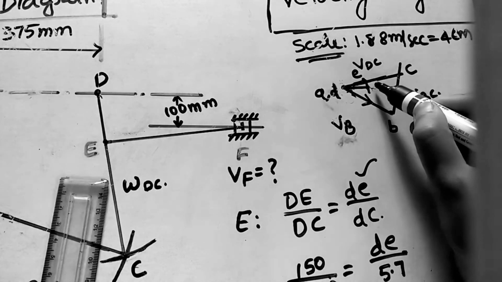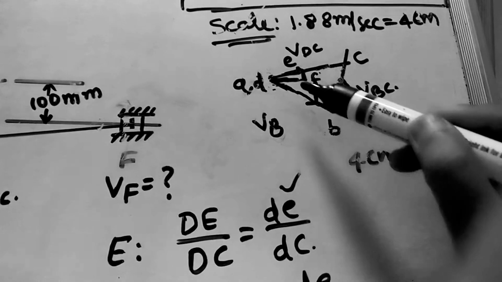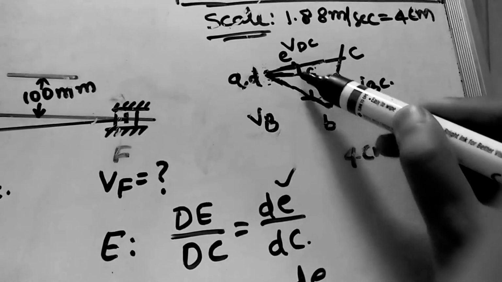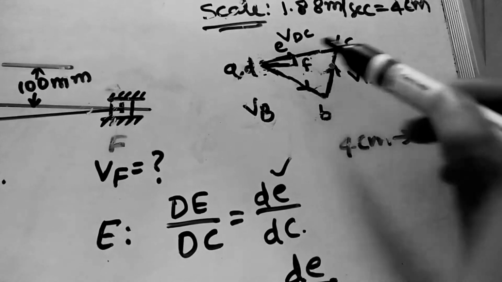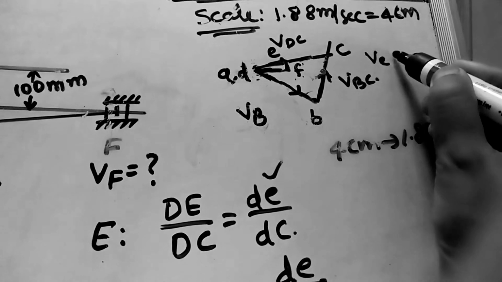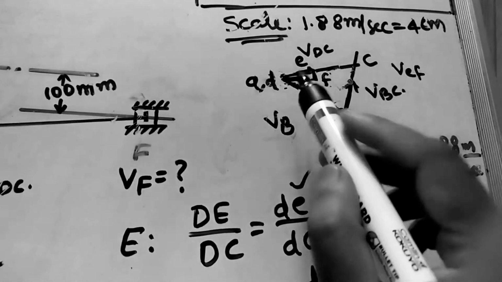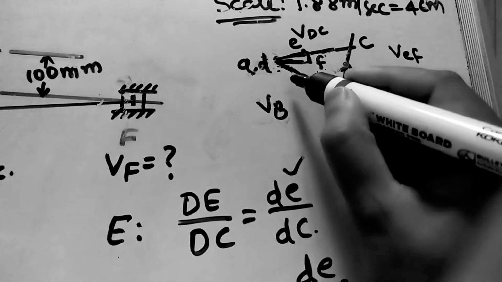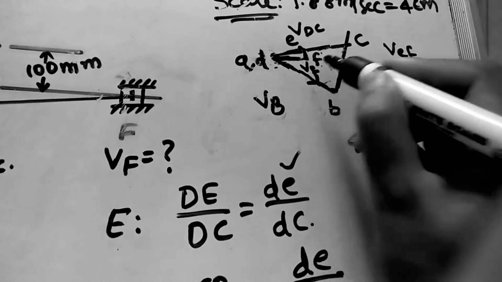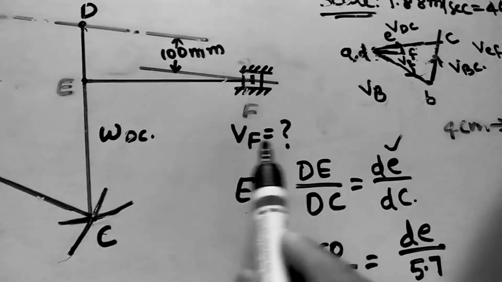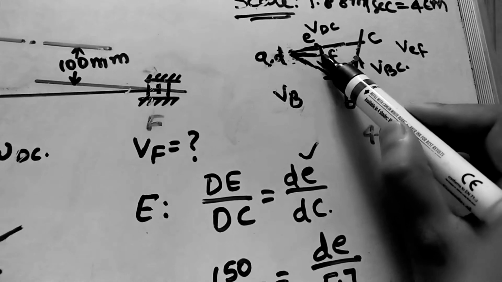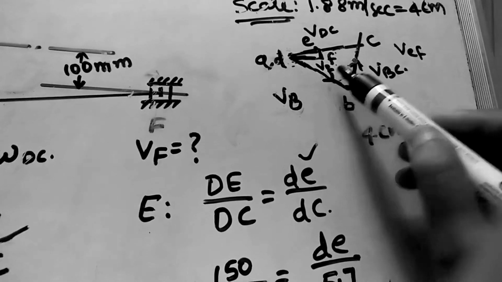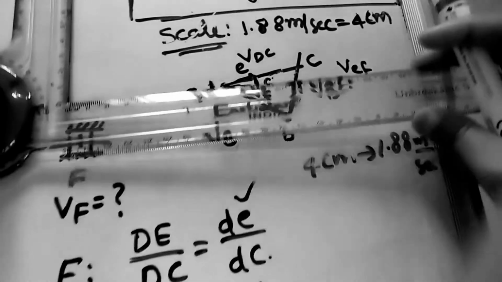Okay, this is F. After getting the F point, this vertical length, that is EF, will give the linear velocity of VEF. So here I will write VEF. Okay, this value, and this value will give the VF value. So VF. So here our main aim is we have to find VF value. So measure this length, okay, by using scale. Okay, you will get the VF value. So I am measuring the scale, this length here.